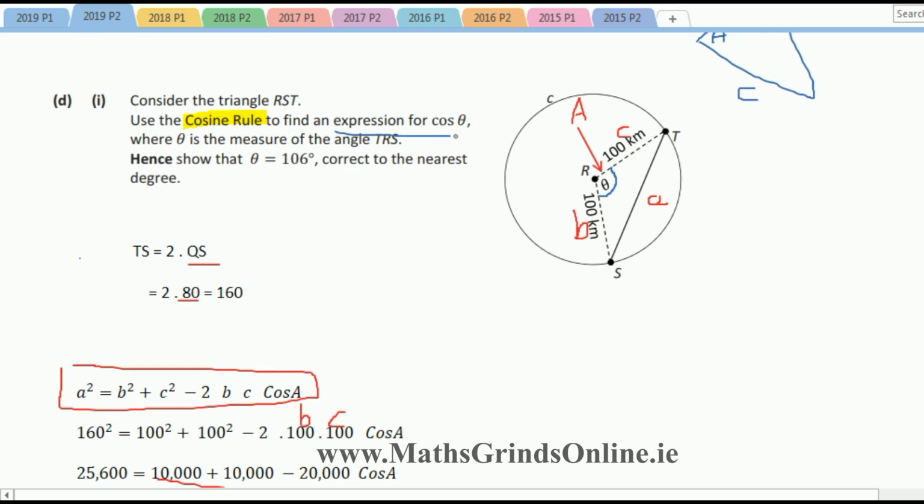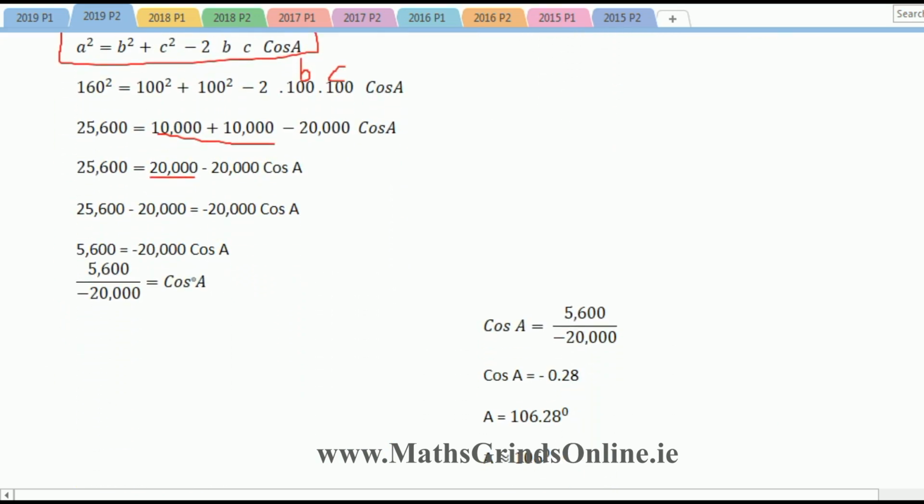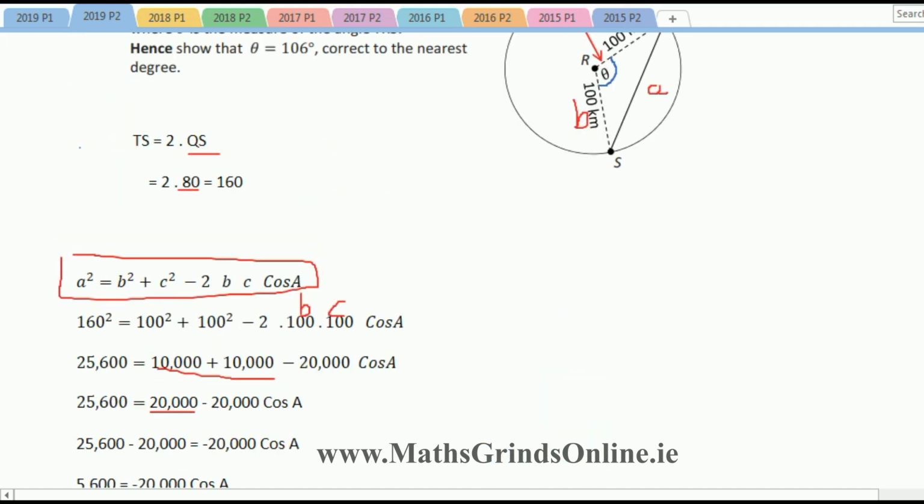Find an expression for cos theta. Okay, so I am obviously calling it A, it's the same idea. Cos theta is equal to 5,600 over 20,000. You can divide that down if you like, but it's the same idea there. Okay, so the second part of this question then asks us to find, hence show that theta is equal to